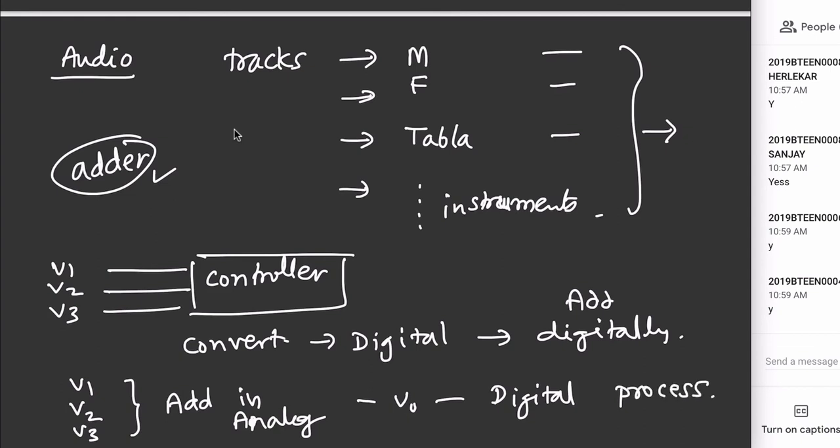So whatever is the approach, whatever the application demands, you should be able to do that. That is the purpose. Everybody understood this? So one approach is good and the other approach is bad. It's not like that. It depends on the situation where the approach is to be used. Everybody understanding this? The world is going digital, everybody agrees with this. But the signals are analog. So you need to have analog adder at times. Getting this idea?